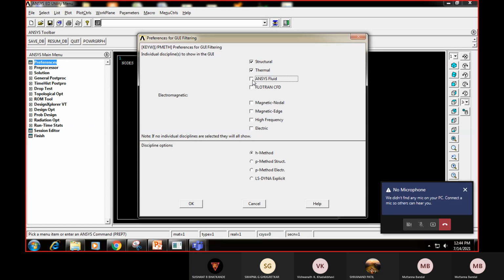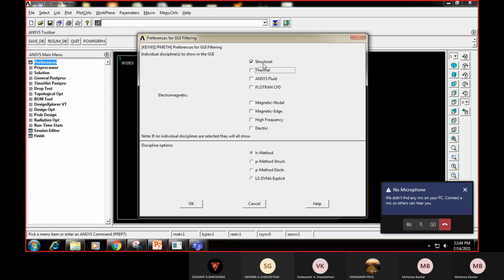As of now, we will stick to the basic fundamental, that is structural analysis. Other than that, there is also electromagnetic analysis, which is related to mechatronics, and electrical or electronics engineers can do it. Even you people can do this analysis also. As of now, we will stick to structural.